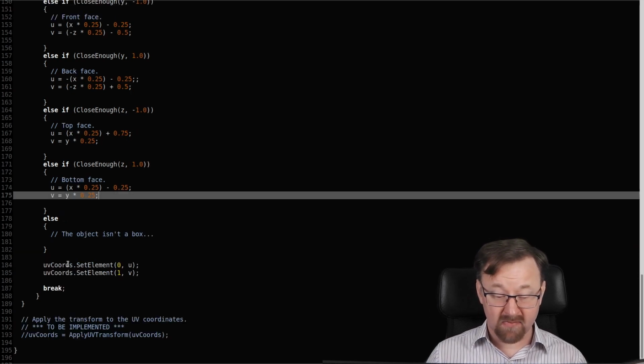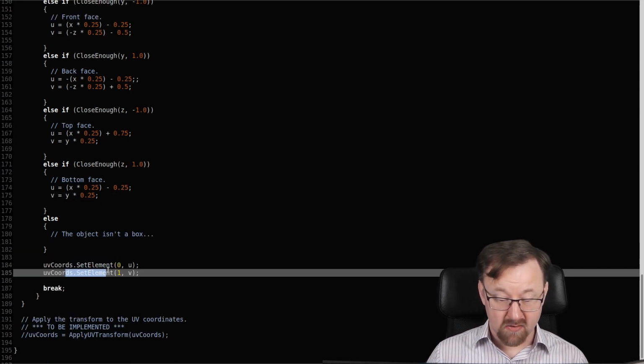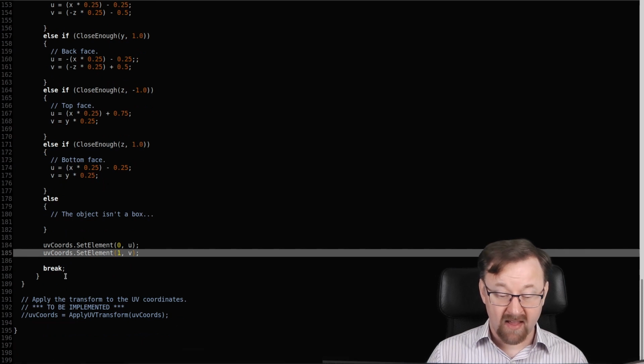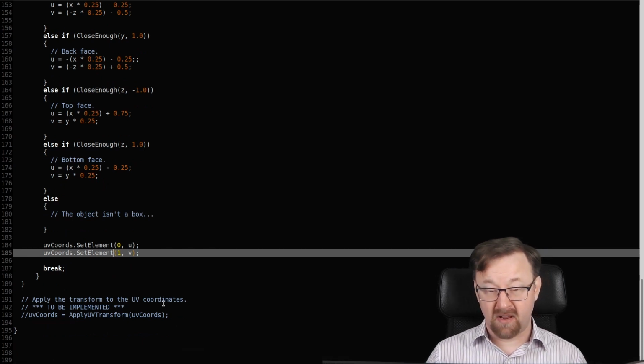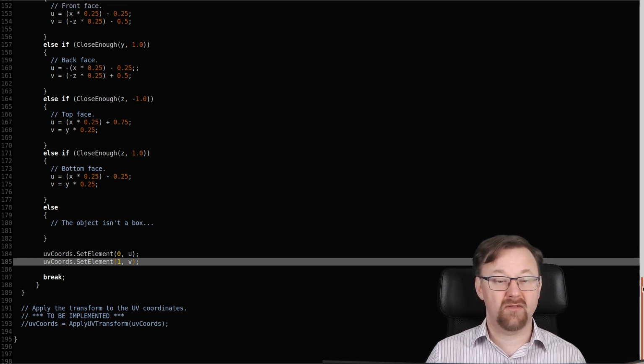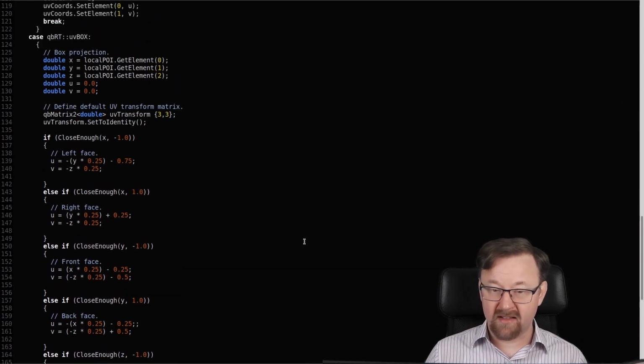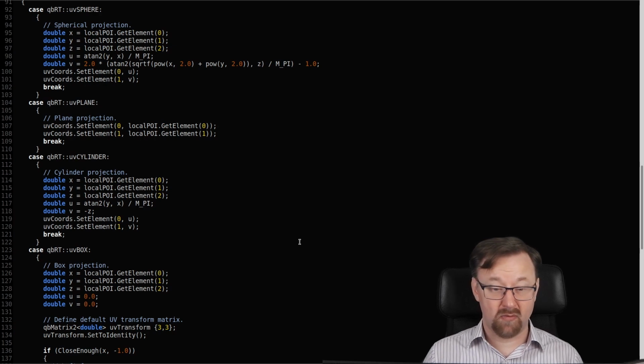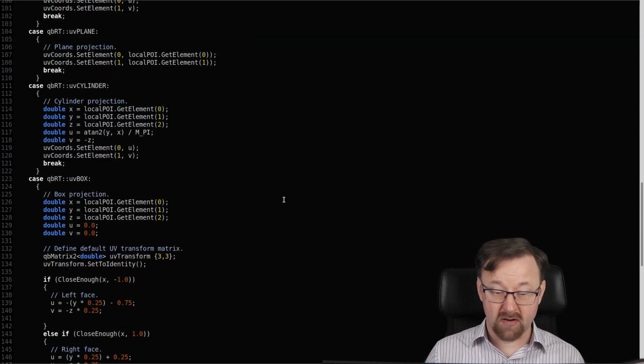Okay, and then we simply return u and v as before. We are not applying any transform to that at the moment. That is not implemented yet, something we can look at in a future video. So that is the code in the base class for our objects that actually calculates the uv coordinates given